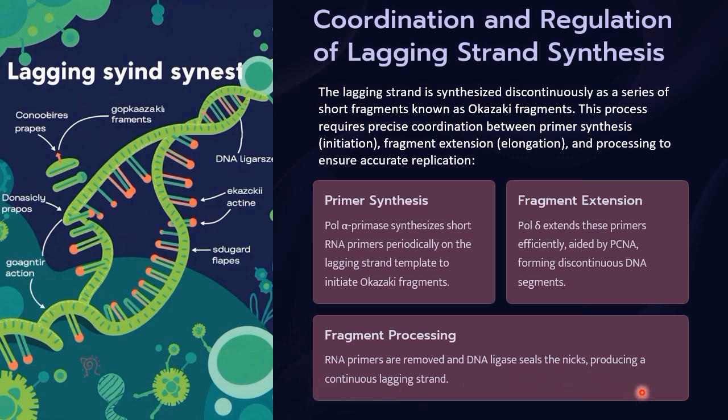First one is primer synthesis, where DNA pol alpha primase synthesizes short RNA primers periodically on the lagging strand template to initiate the Okazaki fragment. Then comes fragment extension, where pol delta extends the primer efficiently, aided by PCNA, to form a discontinuous linear segment. And then comes fragment processing, where RNA primers are removed and DNA ligase seals the nick,